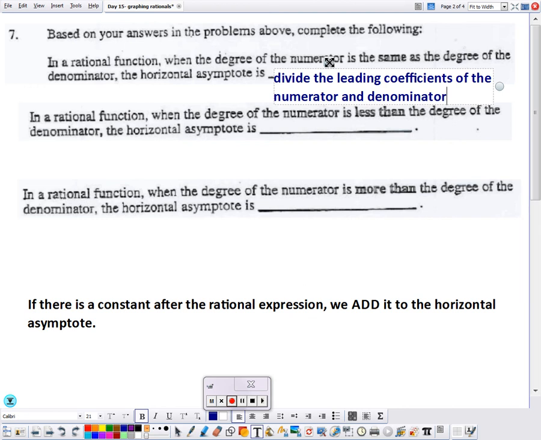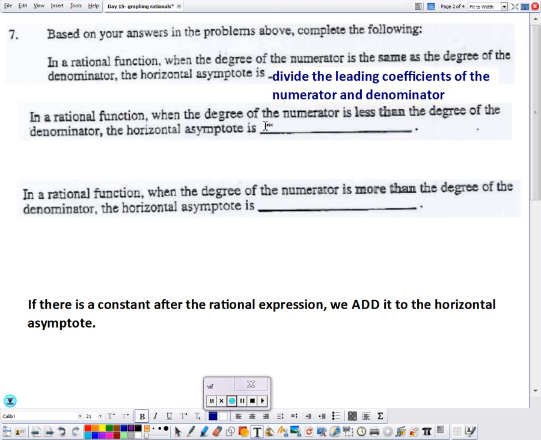All right, so if the degrees are the same, we're going to divide. If the degree in the numerator is smaller, so if it's bottom heavy, we automatically are going to have an asymptote of y equals 0